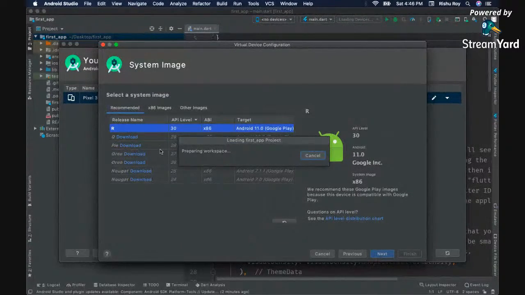Okay, so here we have to download the system image, and system images are basically the operating system on which your virtual device will run. So click any of these download buttons, and it will download the system image for you. I have already downloaded the Android 11 system image, and I click on this next button,